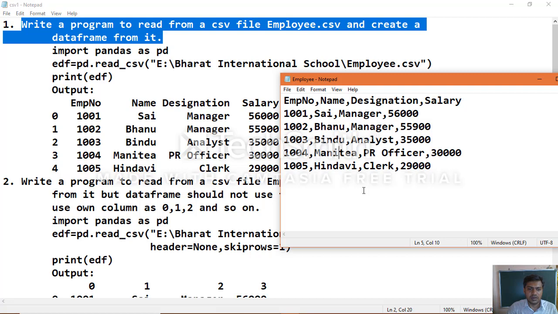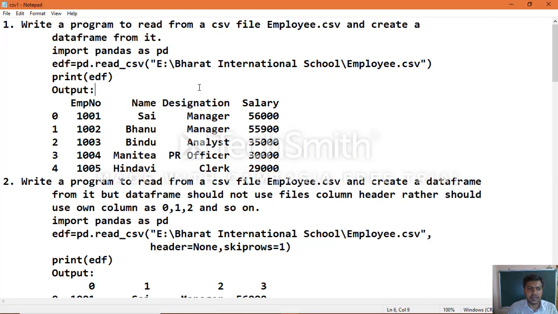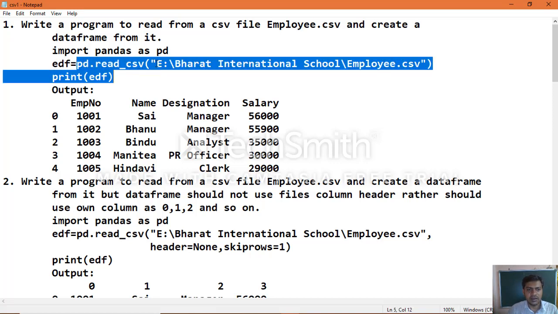Okay, so now come to the program. Once you have created the file, you need to import the module as usual: import pandas as pd, and create the data frame object, employee data frame. That is the shortcut we used. The object name is EDF, equal to pd dot read underscore csv of file path, the file path where that CSV file is stored within our computer.